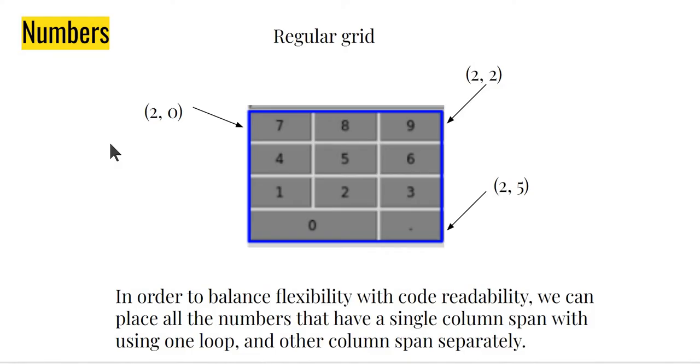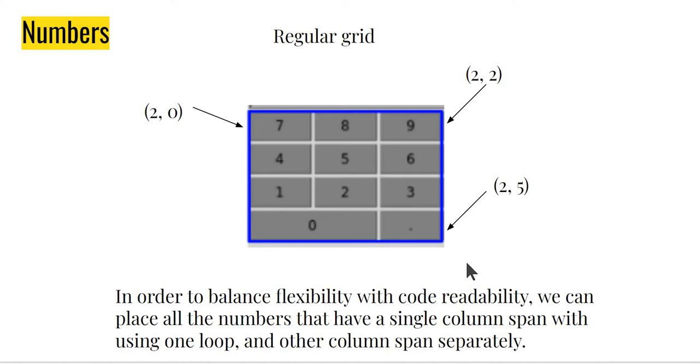Remember, numbers are always placed in a rectangular grid: 7, 8, 9, 4, 5, 6, 1, 2, 3. You could make 0 a little bit bigger. Sometimes people have a 0 followed by 0, 0, and then say a decimal place. Now, the point here is that again, we want to place these flexibly, but we also want to